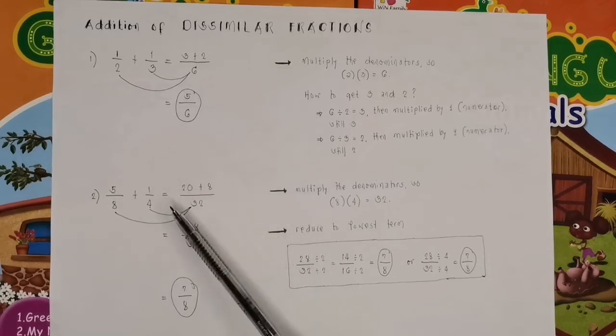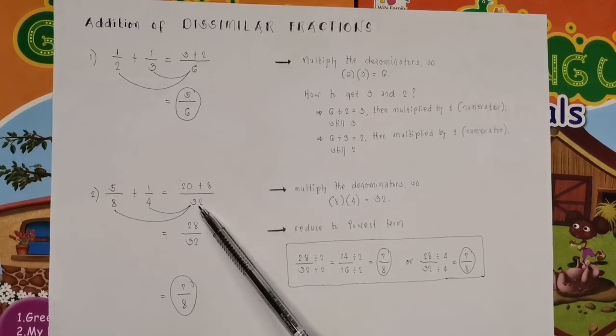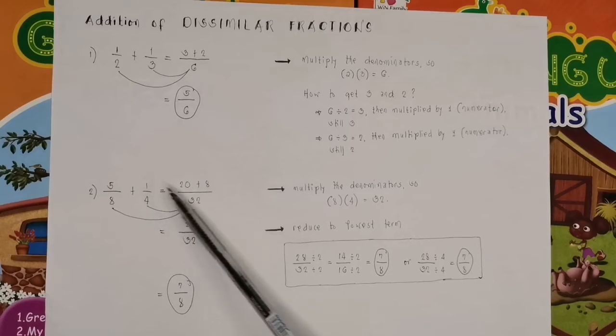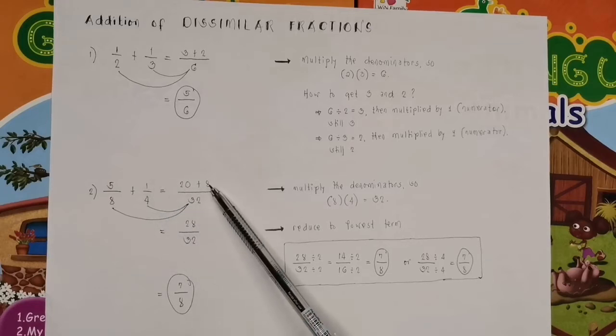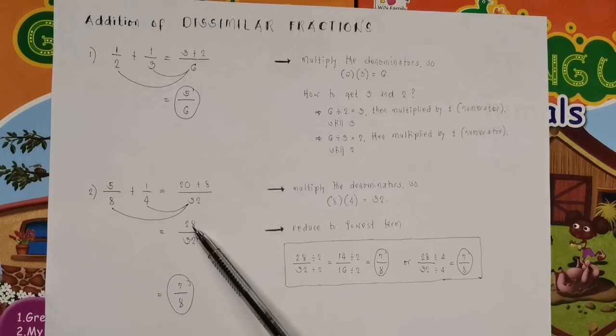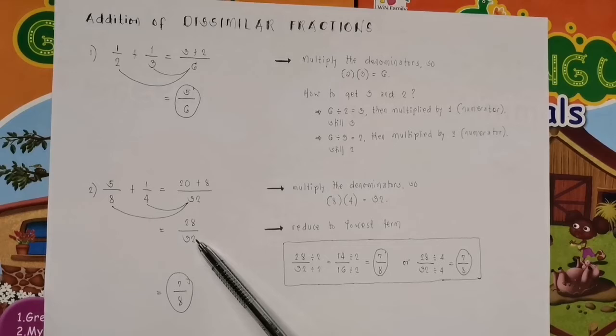Next, 32 divided by 4, that is 8 times 1, we have 8. Next, we will add the numerators. 20 plus 8, that is 28. Copy the common denominator,